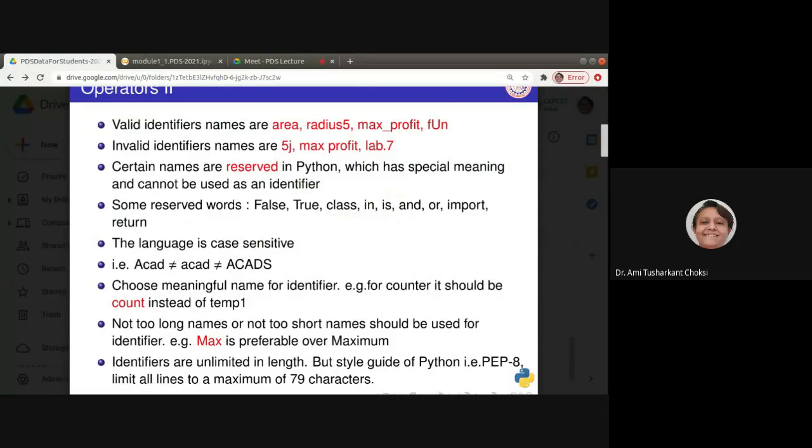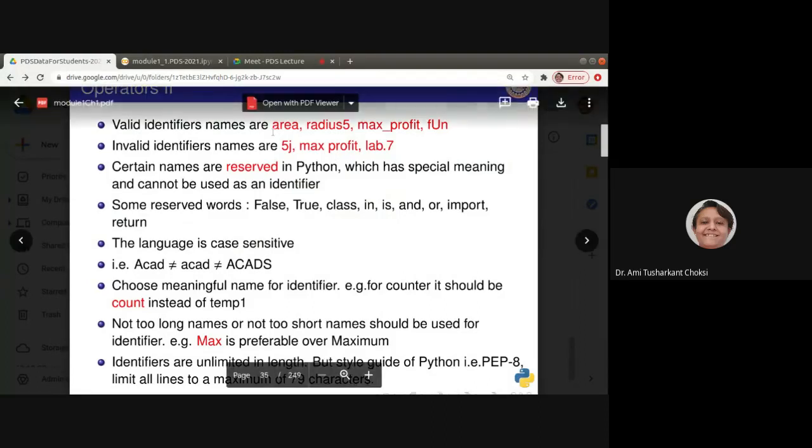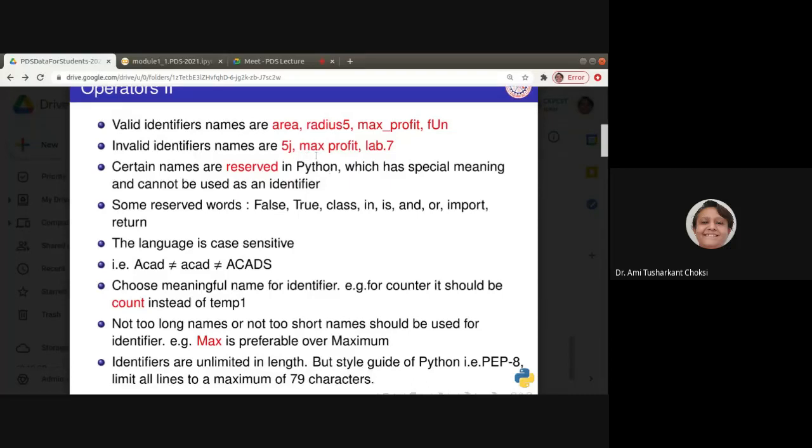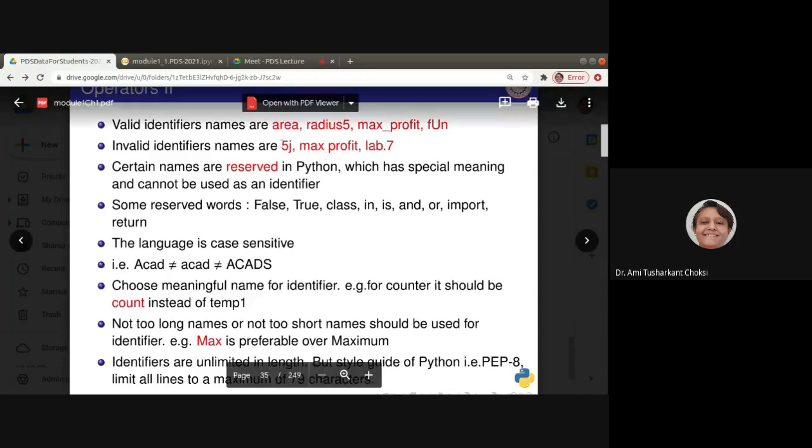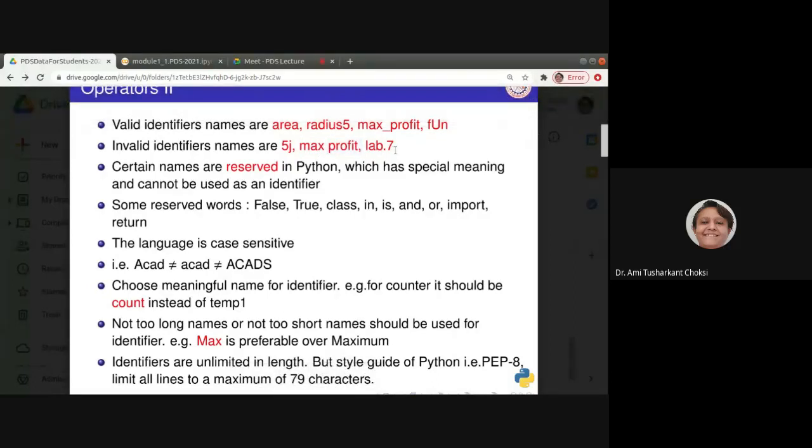That is, valid identifier names are, say, area, radius, pi, max_profit, fun. Invalid identifier names are 2pi, max profit, lab.7. Why? See, this is starting with a digit first, so it is wrong. Here, max space profit, so it is wrong. Lab dot 7, dot is there, so it is wrong.